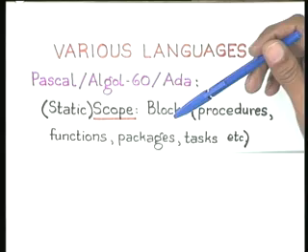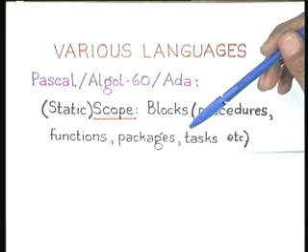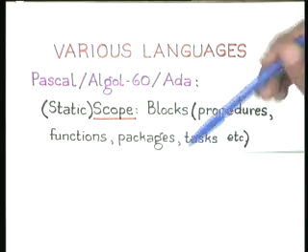So, the scope is basically a block. What the notion of the block is might vary from language to language. In the case of Algol 60, you have both the notion of unnamed blocks, procedures, functions. In the case of Ada, you have procedures, functions, packages, tasks and unnamed blocks. In the case of Pascal, you have just procedures and functions. And the extent is just